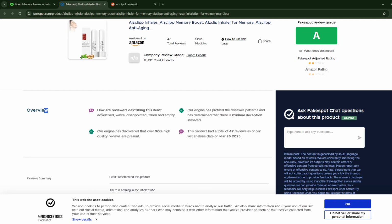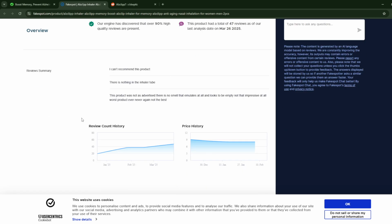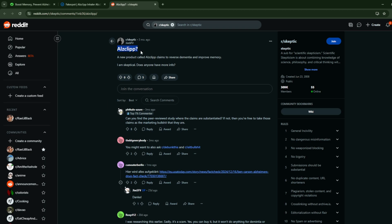As you can see, the review summary over here says that basically this is what the review summary says. The summary of all the reviews says, I can't recommend this product. There is nothing in the inhaler tube. This product was not advertised. There is no smell that emulates at all and looks to be empty, not that impressive at all. Worst product ever, never again, not the best. So many people are saying that it's not the best. Over 47 total reviews. And actually right here, if you go to Reddit, somebody asked, Alzclipp, a new